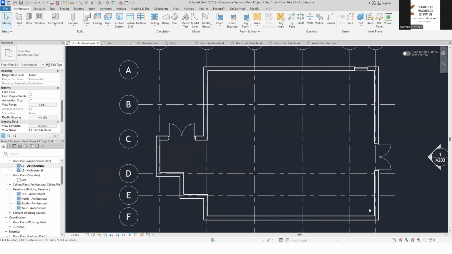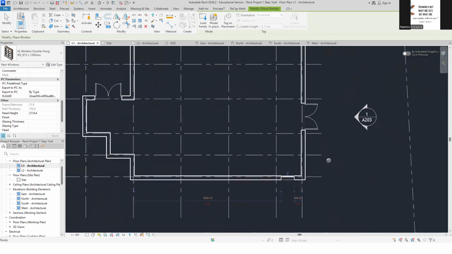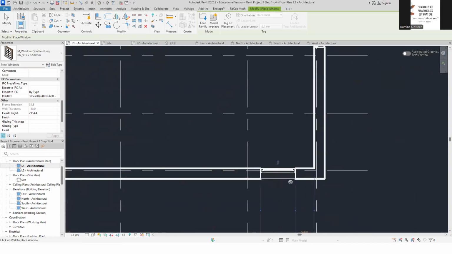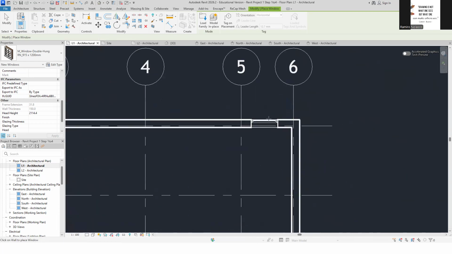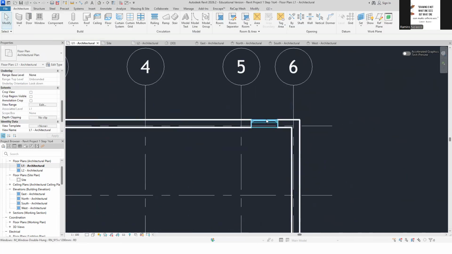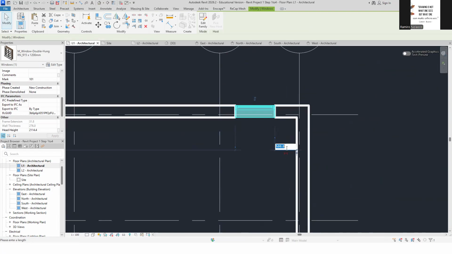So 915, where do we have 915? I think we have a 915 here. So we'll say window 915, then you can place it here. Now, you simply place it there and you can flip this so that the window is at the outside, like this one. And then, if you want to change the distance, you simply click here and type the value. So let's say it's 515, enter. See? You just click that and change the value.